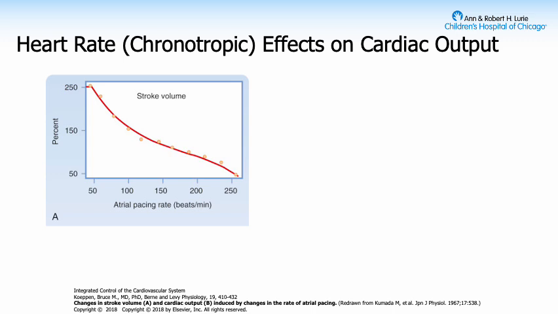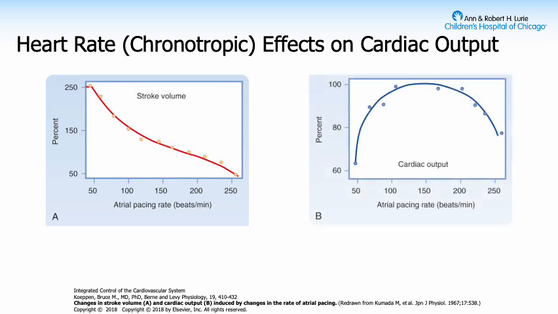And so this graph, which is from an experiment in the 60s in an animal model, shows that with increasing heart rate, you have decreased stroke volume, and that is a consistent trend regardless of heart rate increase. The net effect of an increasing heart rate and a downtrending stroke volume on your cardiac output is that you have a U-shaped curve where there is a sweet spot of heart rate where you get maximal cardiac output here on the y-axis,